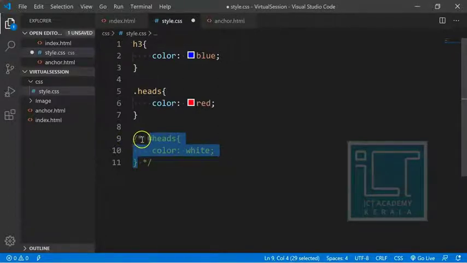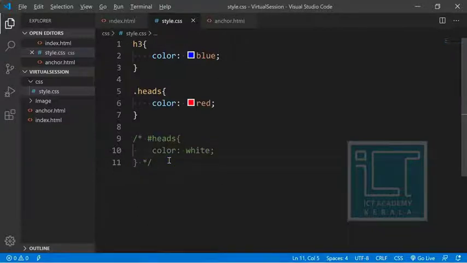This is the format for commenting in CSS. To comment in CSS, we use a / with a star, and the end of the comment is represented using */. So instead of typing it manually, we can select the particular things that we want to comment and simply use Control /. So Control / is a shortcut for HTML as well as CSS. Okay.